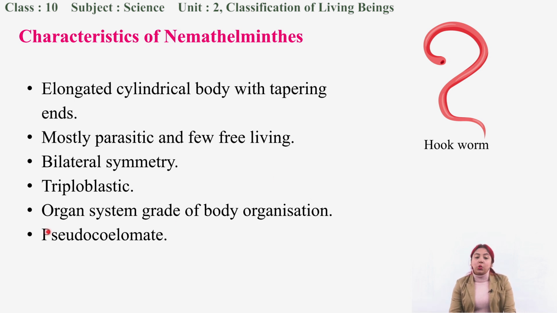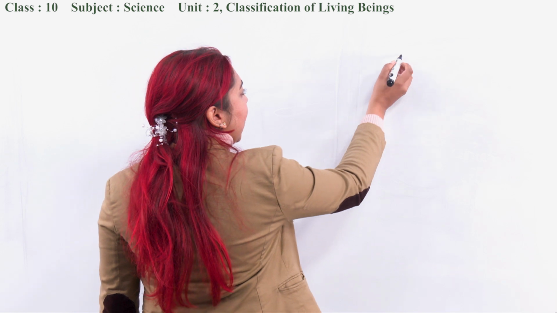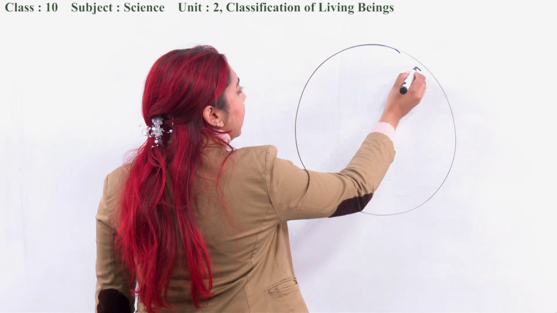Now, they are pseudocoelomate. Pseudocoelomate means that the coelom looks like it is covered by the mesoderm, but it is not entirely covered by the mesoderm. So it will confuse someone. That's why it is also known as false coelomate. So pseudocoelomate, as I showed you previously,